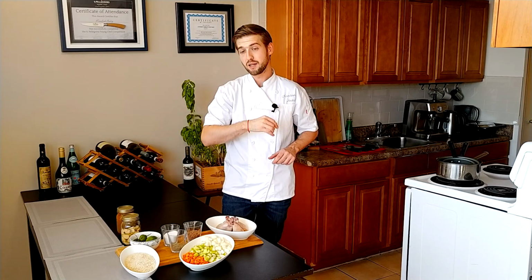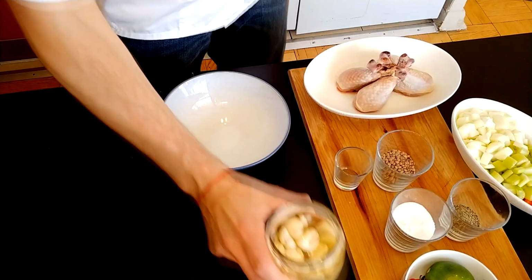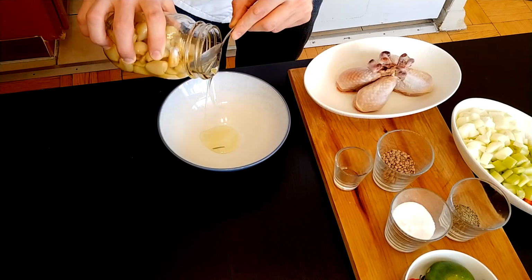But for now, let's start marinating these chicken drums with spices. We're going to start with the oil of the marinated garlic that you can find also on the channel,